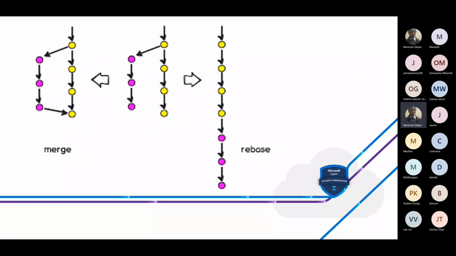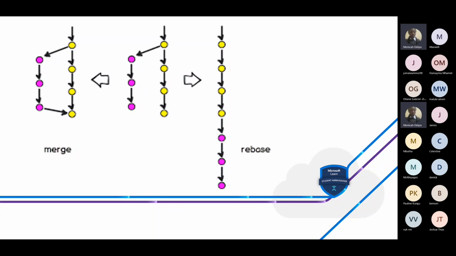But rebase, it's not advised for you to use it when you're working with a team, because it's not easy to track whatever you are doing. Okay, the previous commits, it's not easy for someone to track them. But with merge, it's easy for someone to actually have a clear view of whatever history you are doing. So it's better when you're working with a group of developers or in a team, you use git merge instead of git rebase, because git rebase will rewrite the history, but with git merge, someone can easily go back and